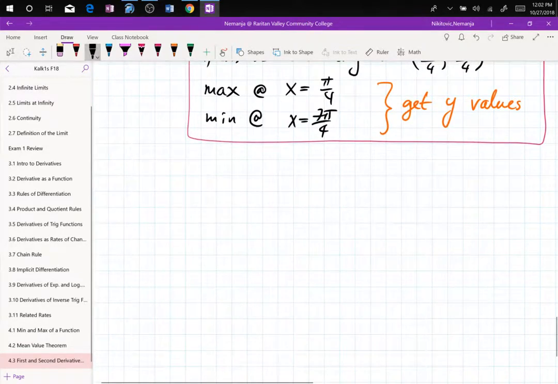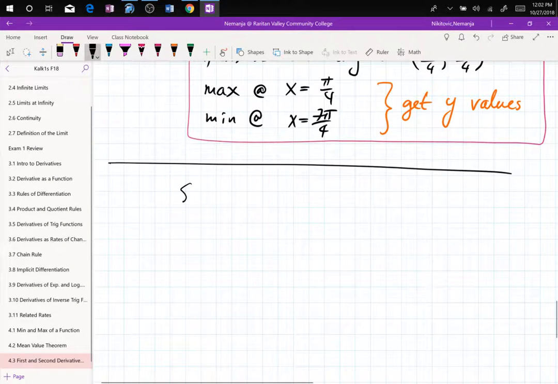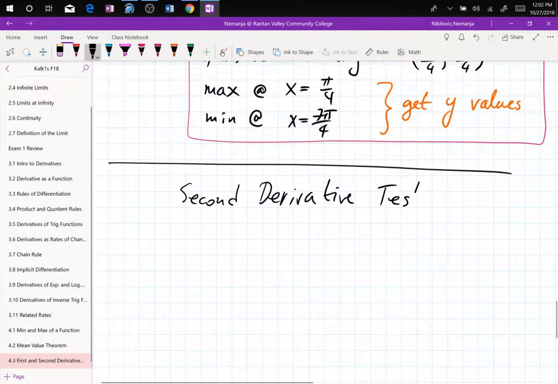Now, second derivative test. The second derivative test is about concavity. We can also use concavity to come up with the min and max for free. X squared is concave up. It has a min or max? Min. So x squared is concave up,